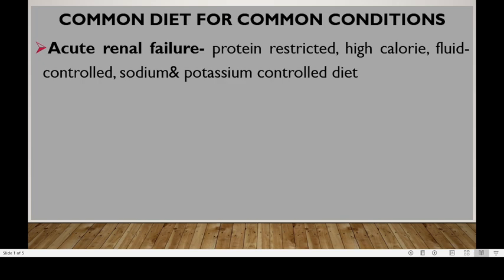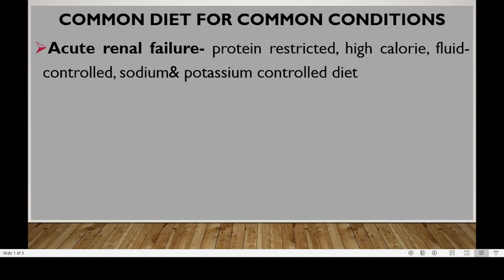In this session, we are looking at common diets for different patients. So, what is the best diet for a patient with acute renal failure? Remember, the kidney is not functioning properly here, so we are having even proteins in urine. Okay. So, this patient is supposed to be put on a protein restricted, high calorie, fluid controlled, sodium and